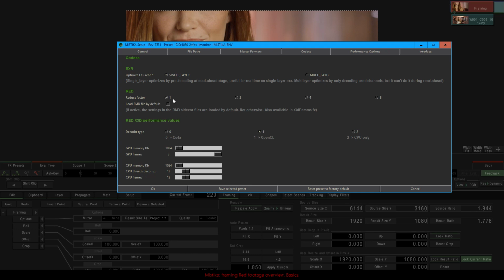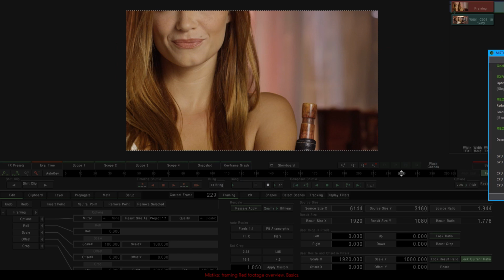In this case, as I work full res, this image is correct on the scale in percentage, that we are 100%, that corresponds both to the resolution of the RED material Mistika will take into consideration as a 1:1 pixel scale. In this case, we decided full res, and at the same time, this is 100%, which we have the correspondence here in pixels, full HD. That is also being reflected here, source, we have the aspect ratio, and then our project, the resulting size.